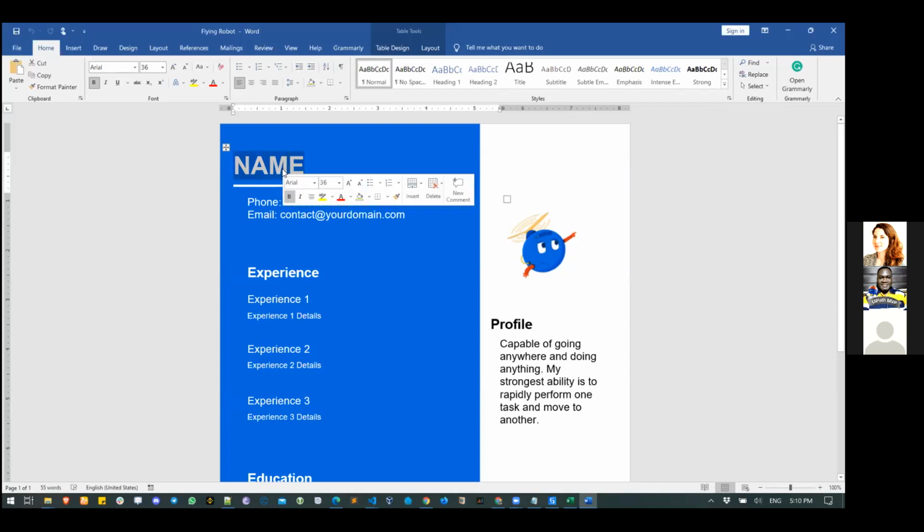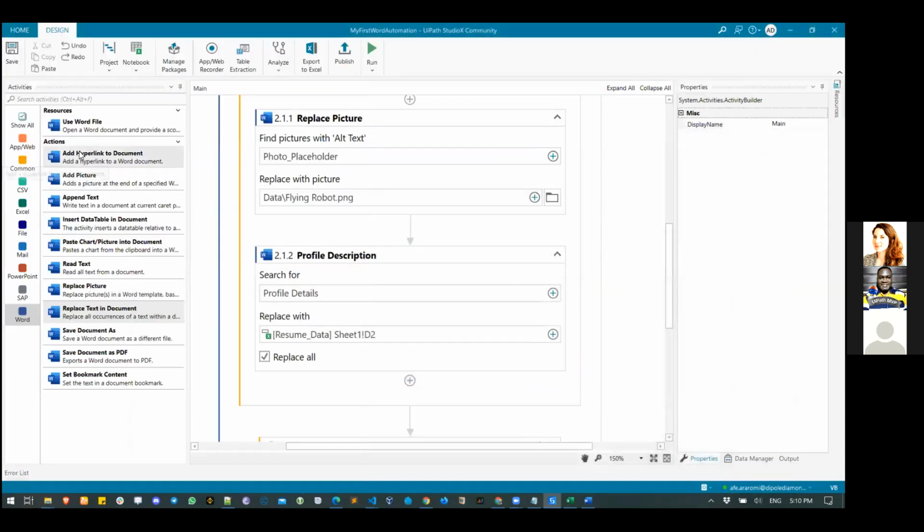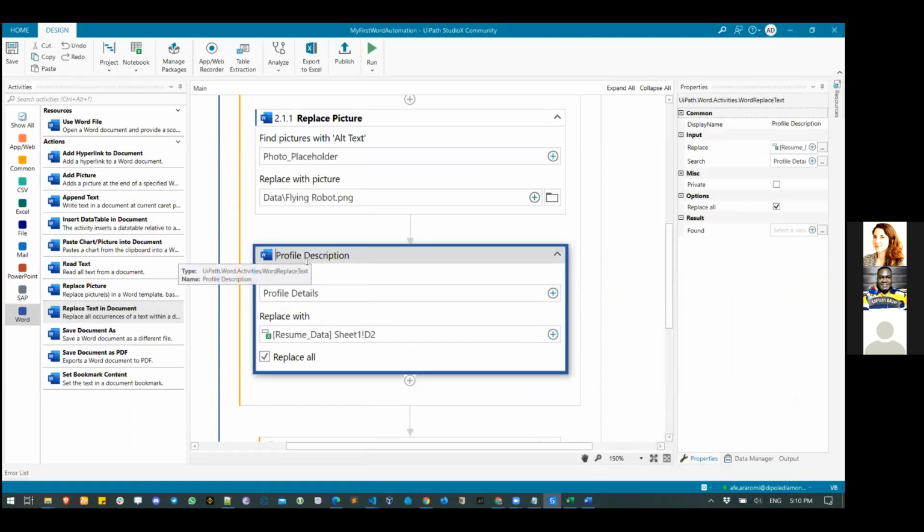I'm going to take name, copy this as a text to replace. Before I do that, instead of dragging my replace text in document again and again and again, I'm going to select this activity, right click on it, take copy, then go to the plus button after it, right click,